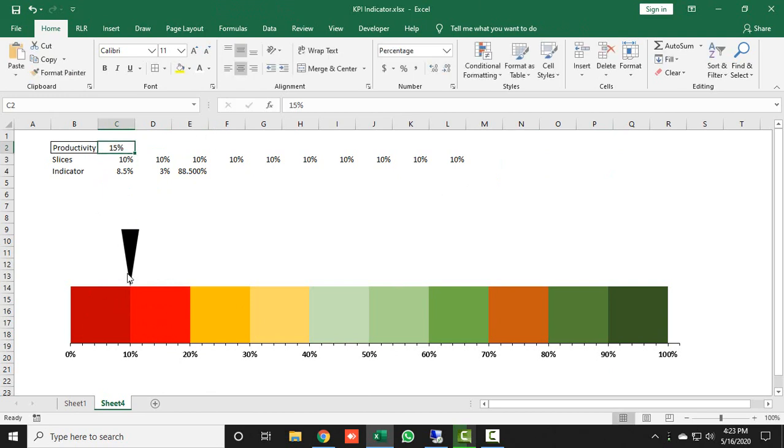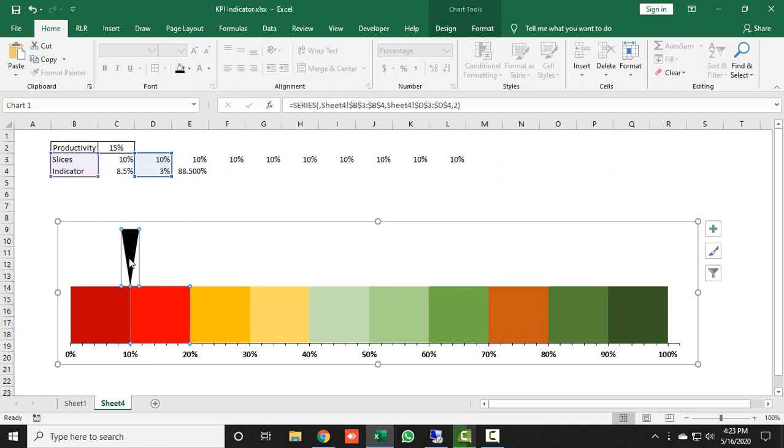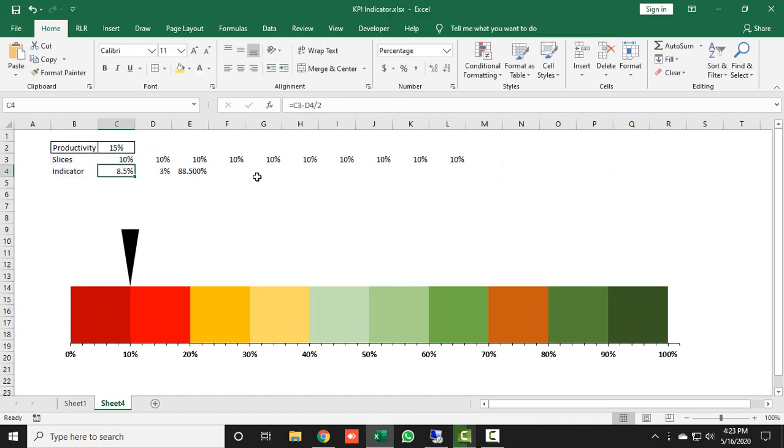Why is it not moving? There is some formula issue. Press is equal to this one minus this one divided by 2. There is some mistake.